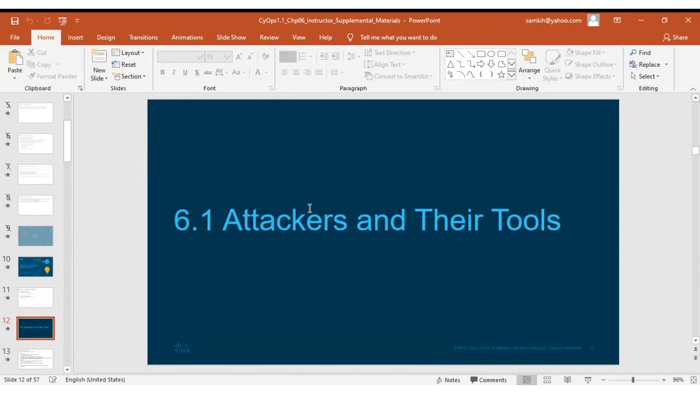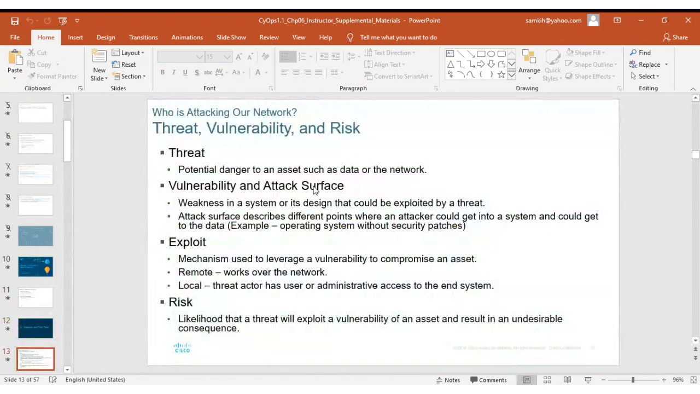Well, let's start off with attackers and their tools. We start by asking ourselves, who is attacking our network? I believe right now you understand that this particular season, whereby everybody is working at home and most of us are not able to go to the office, there are so many attacks happening. So to give you a brief overview